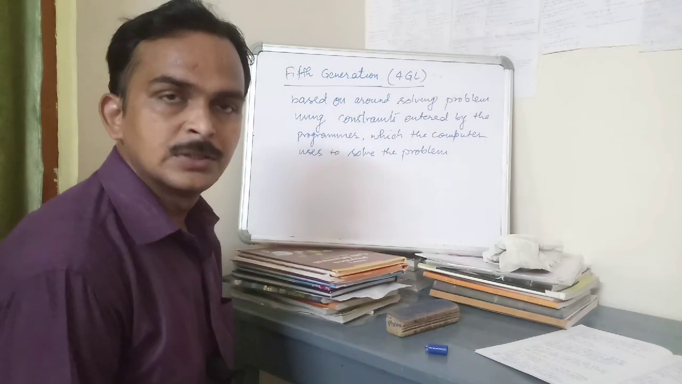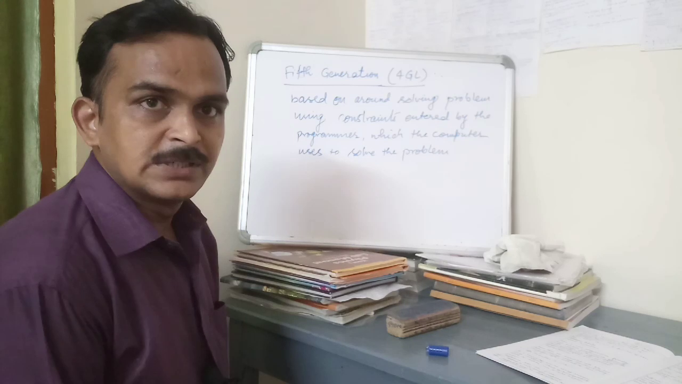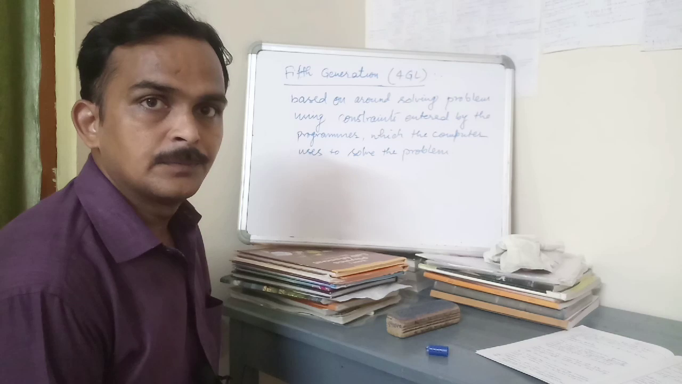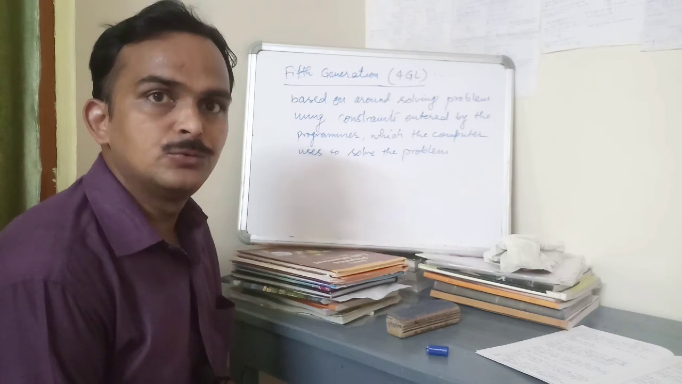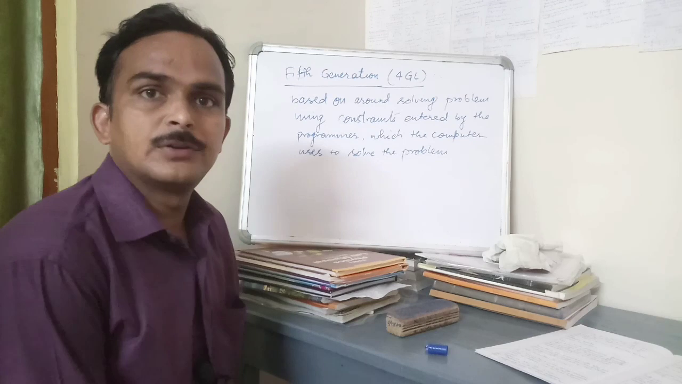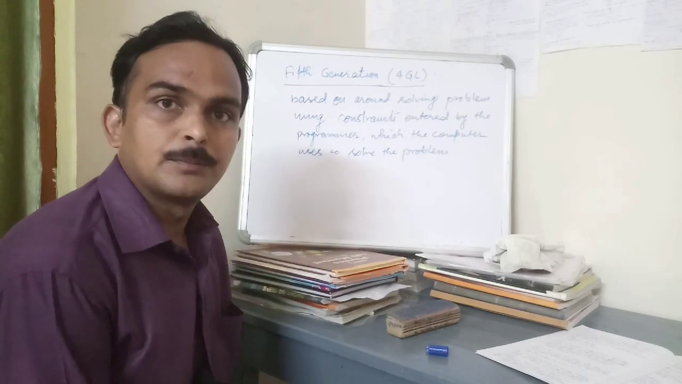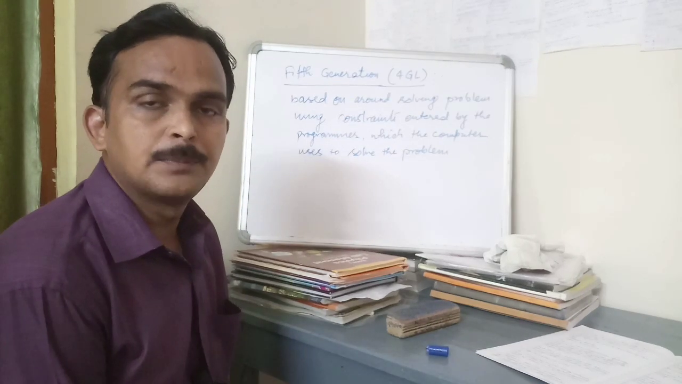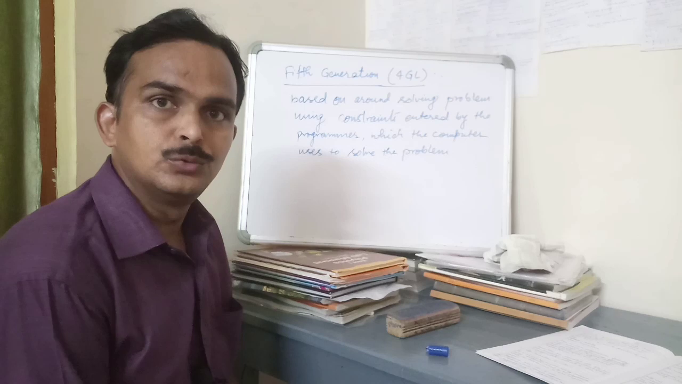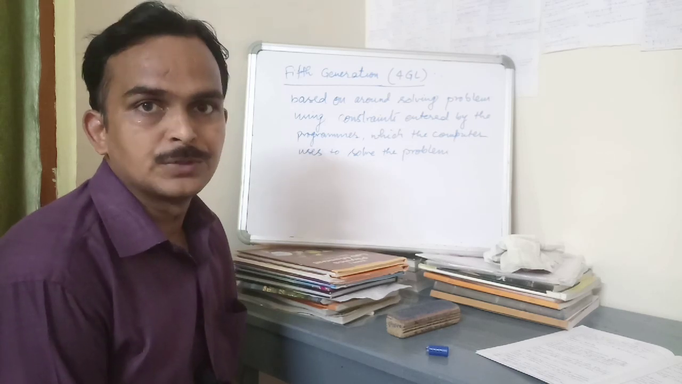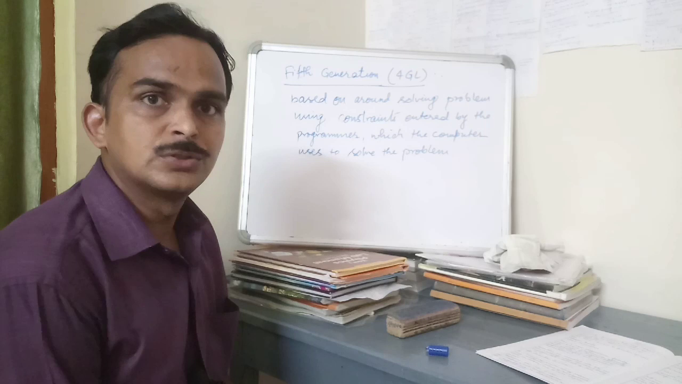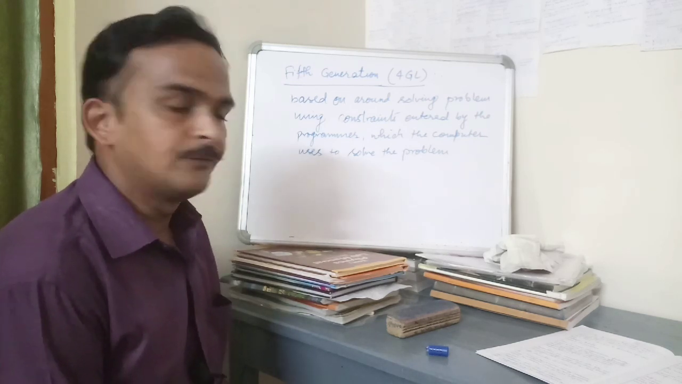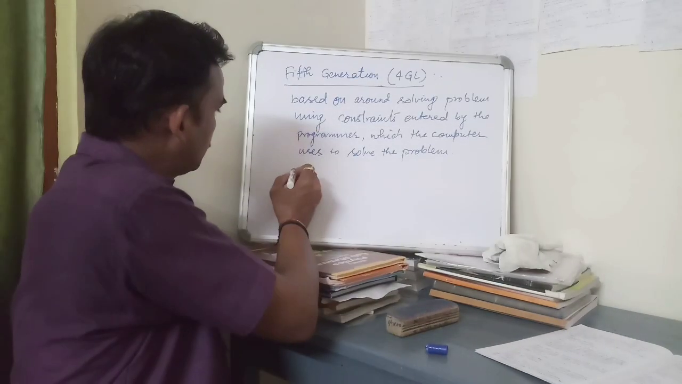This language is basically based on solving problems using constraints, and those constraints are given by the programmer. Fifth generation language is based on problem-solving techniques, and that technique depends on constraints which the programmer gives to the computer, and the computer uses these constraints to solve the problem. So what is the main difference